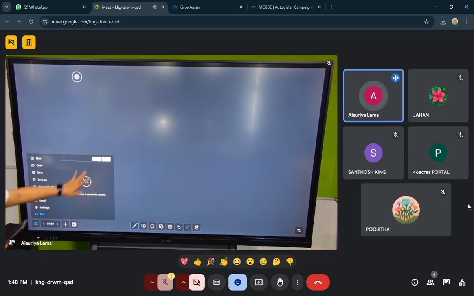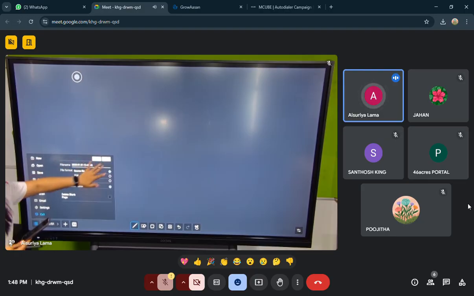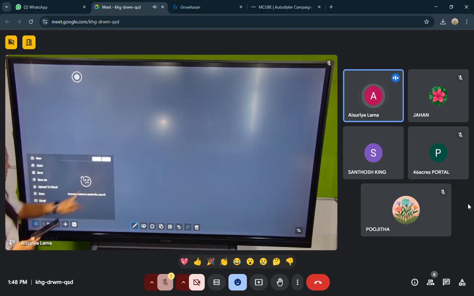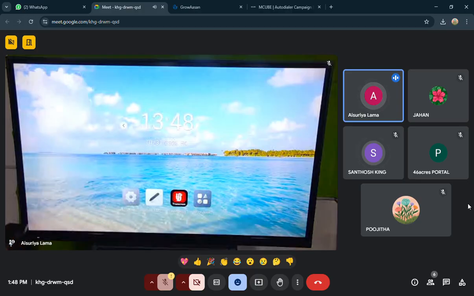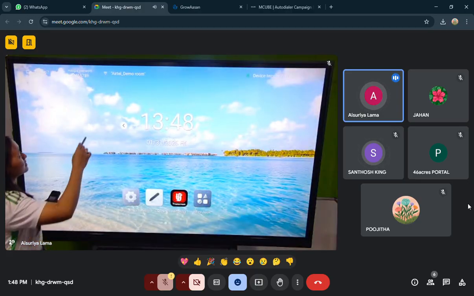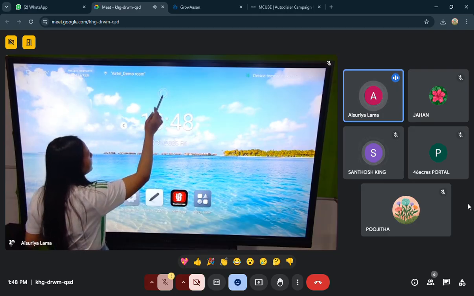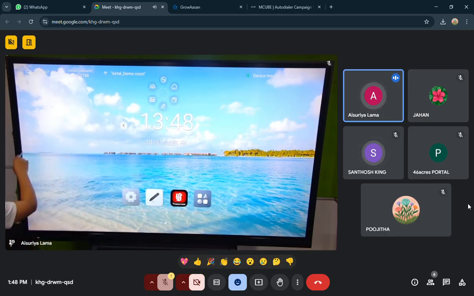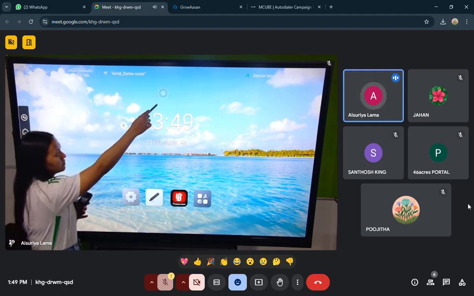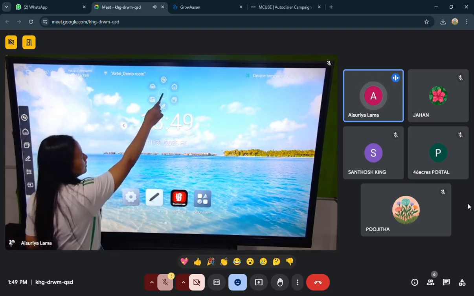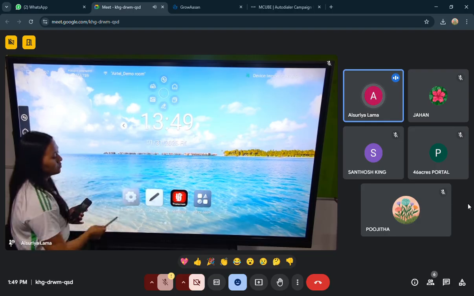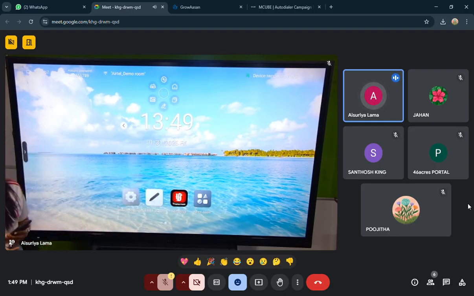And then you have the exit button. You can directly click to exit and go to the home screen. So this was about it. Lastly, you have this small floating bar. The same options are available here as well. So if you want to use this floating bar, you can use it anytime. So this was about it, and the training session is over now.